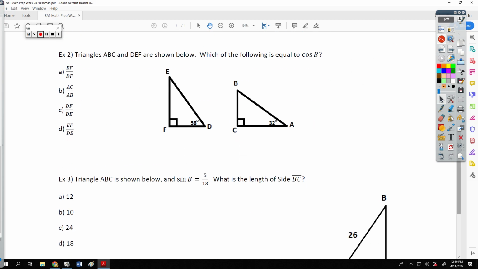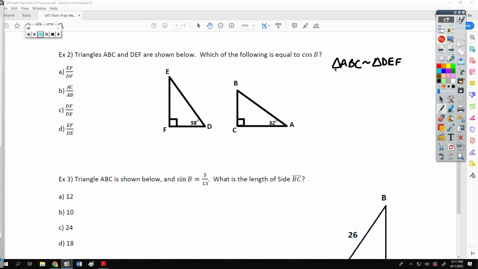Example 2 says triangles ABC and DEF are shown below. Which of the following is equal to the cosine of angle B? So, the first thing we have to notice is that we have a similarity statement. We are told triangle ABC is similar to triangle DEF. Now we need to remember that similarity does not guarantee that those two triangles are congruent, but it does guarantee